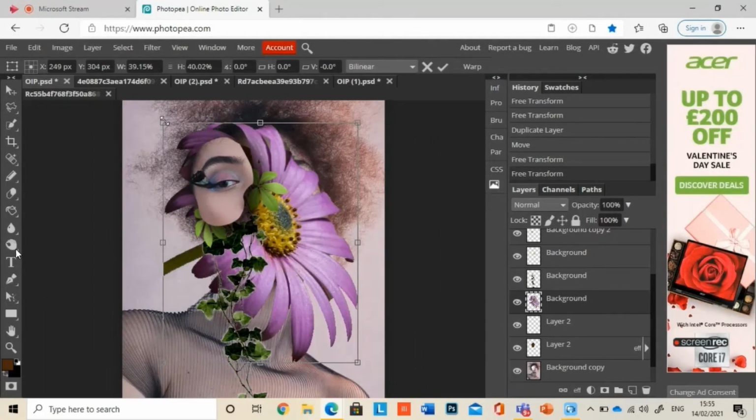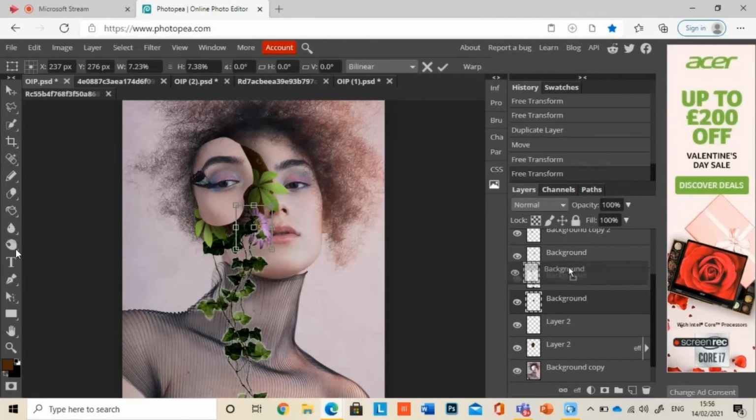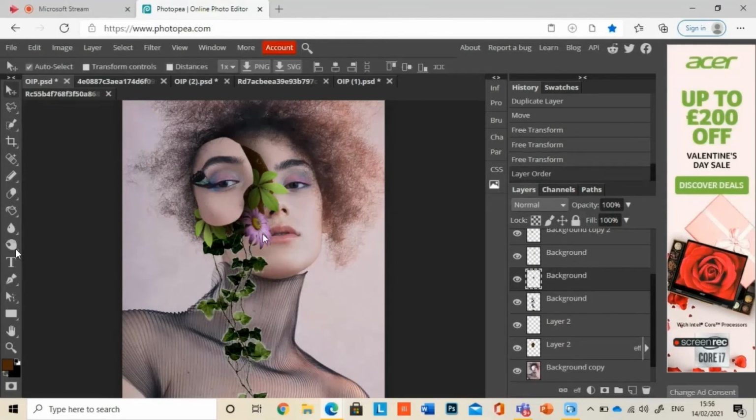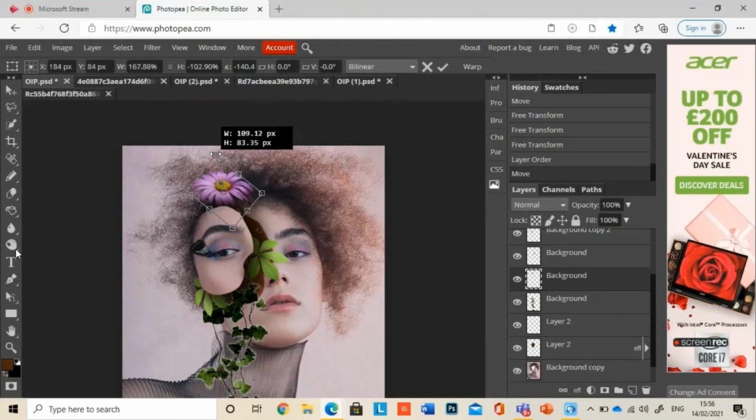Then all I'm doing from here is playing with and experimenting with the composition that I want and changing the objects. So there I've just made that flower higher up on the layer list, which means it's further forward than the ivy trail. So all I'm doing now is experimenting with the layout that I want, and you can do this